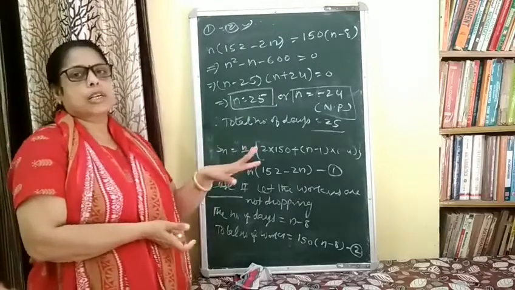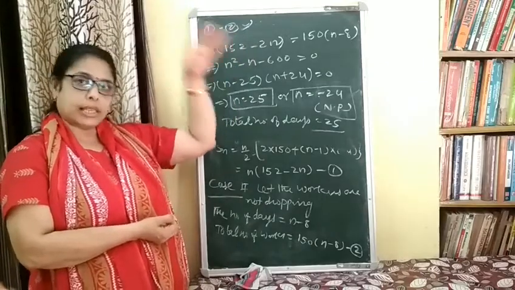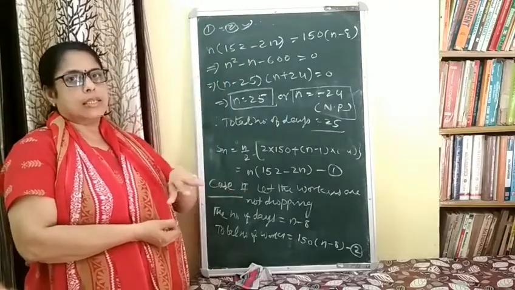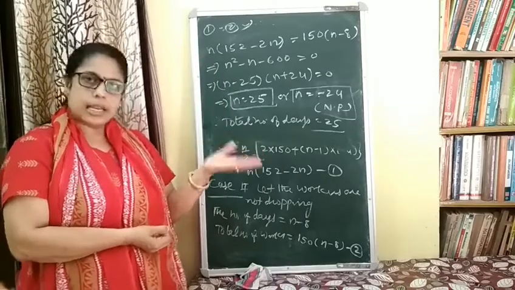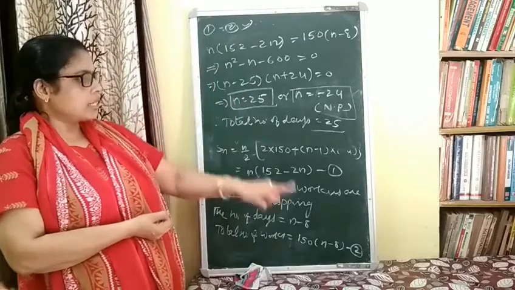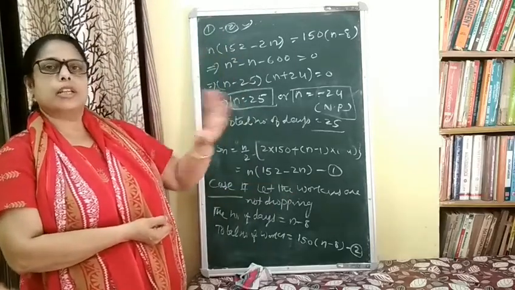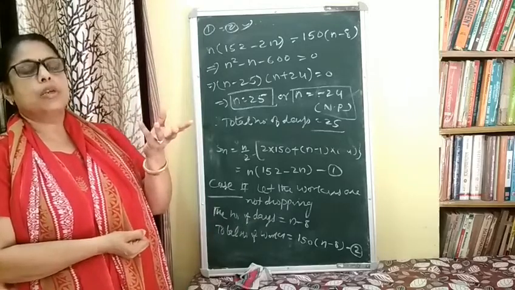If the total number of work days of the workers you can assume as n plus 8 in case 1. Now in the second case, n plus 8 total workers drop, so n plus 8 days it takes; if they do not drop, it will be n. So instead of n and n minus 8, you can use n plus 8 and n.